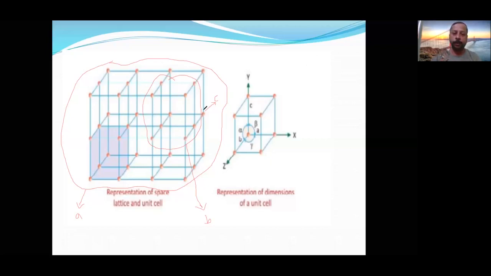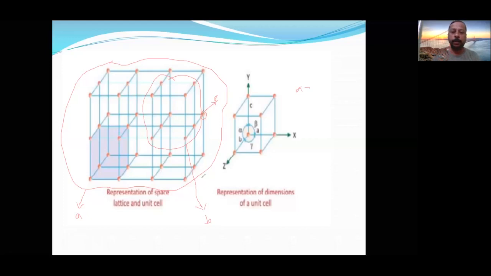Suppose I talk about only this point, let us take this as C. If I take this complete portion, these 8 points, let us take it as B. Now I am taking the entire portion, that is A. Here A is called the crystal lattice. What is A called? Crystal lattice. Crystal lattice is always a huge structure.